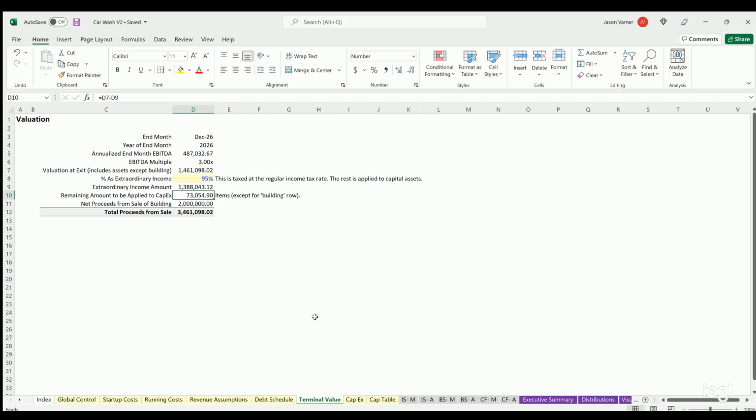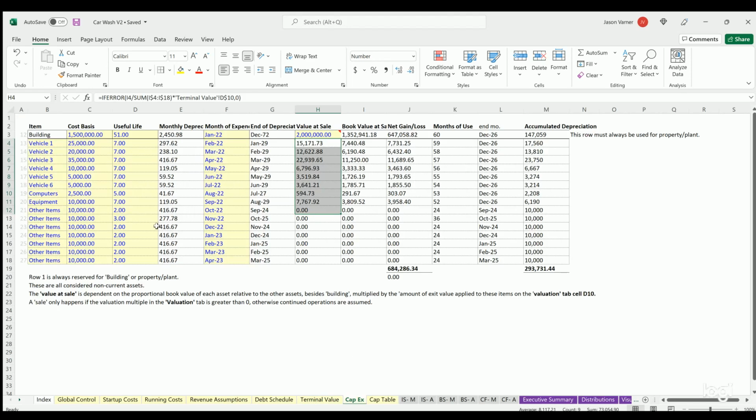Terminal value, the only thing you're defining here is a percentage of any exit proceeds that are going towards ordinary income versus fixed assets. This is just a tax thing. If you have no fixed assets that you want to apply it to on your exit, you can just put 100% here. That's fine. CapEx schedule, this is where you define potential building